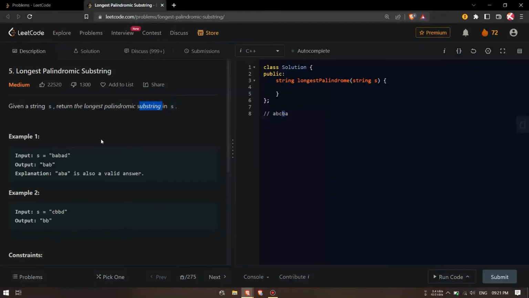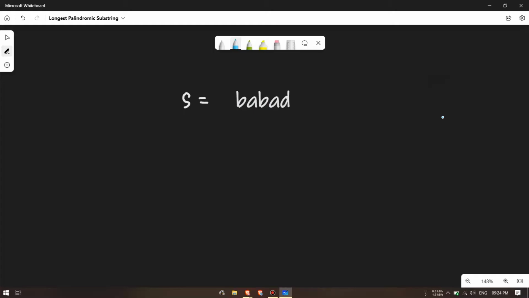The substring is basically a part of a string which can start from any index and end at any index. Okay, let's understand this question through an example. So here's a string BABAD. We need to find the longest palindromic substring. First let's take a substring, BA. Here the first character, which is B, is not equal to its last character, so it cannot